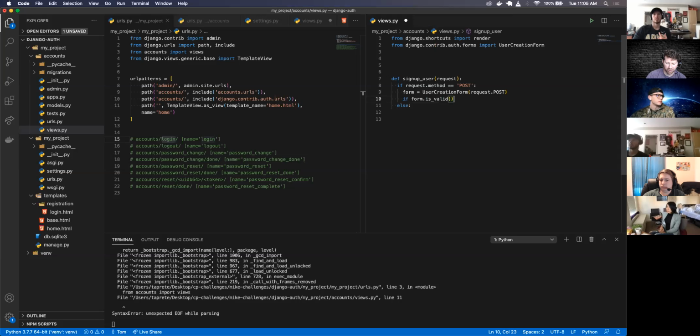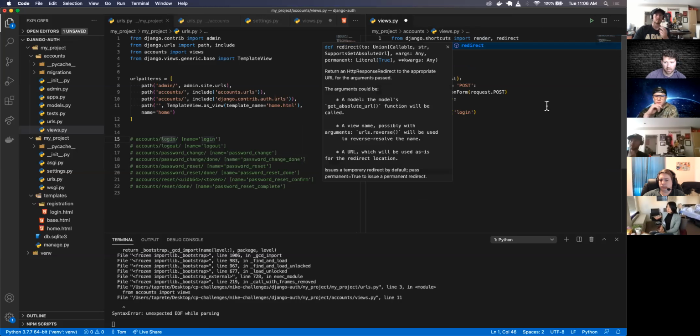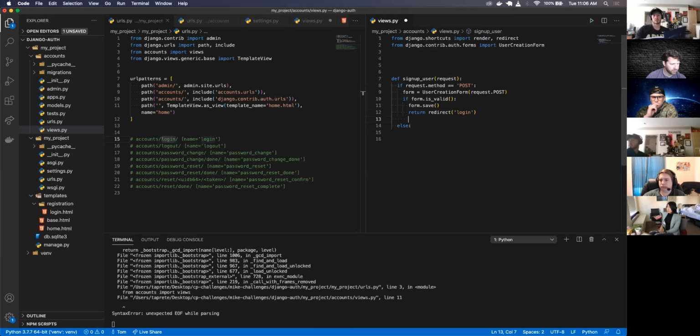And this obviously just checks to make sure all the validations are true. Then I can do form.save. And then I can return, and I just want to redirect myself to the login page. Login. So it looks like I'm going to have to also import redirect. Else,